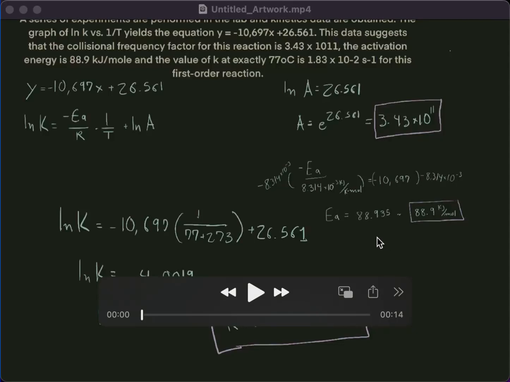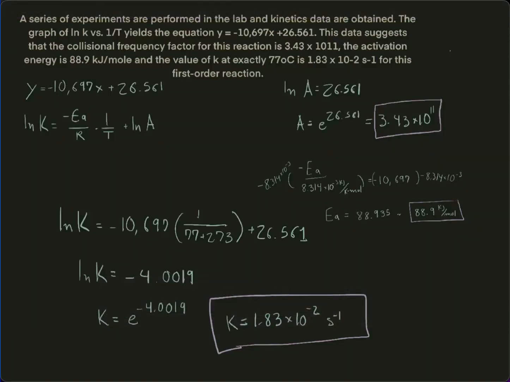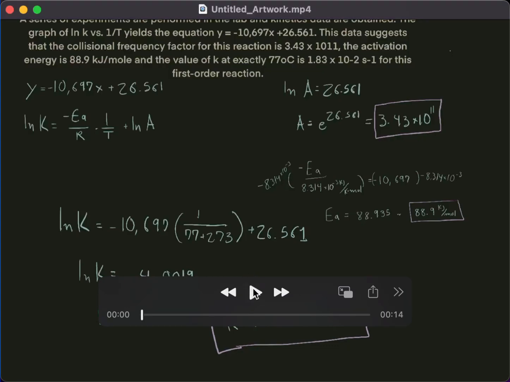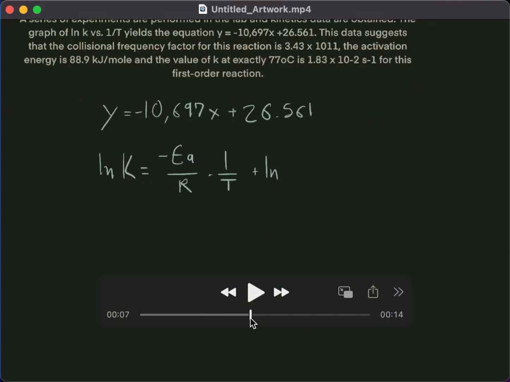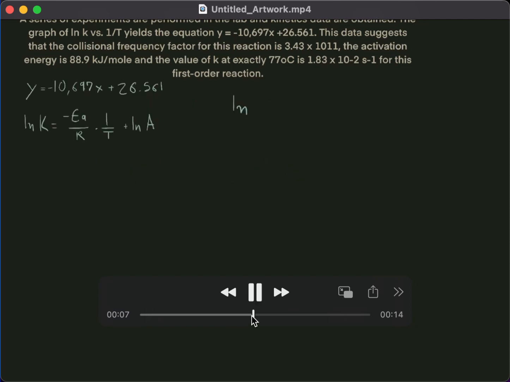Okay, so this is problem 2A from exam 2 in the kinetics section. So the first thing about this is, what exactly do we want to do? We want to identify what equation we're going to use. And because we're given